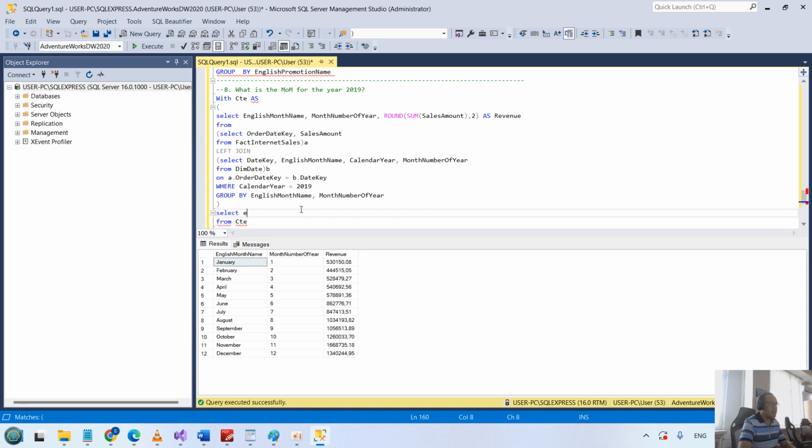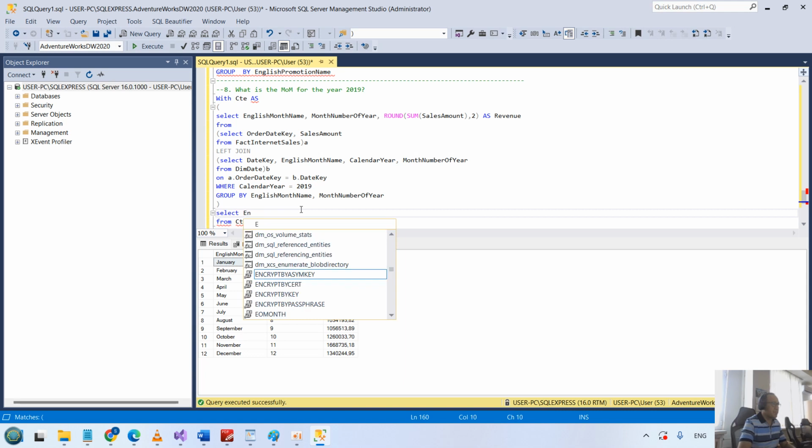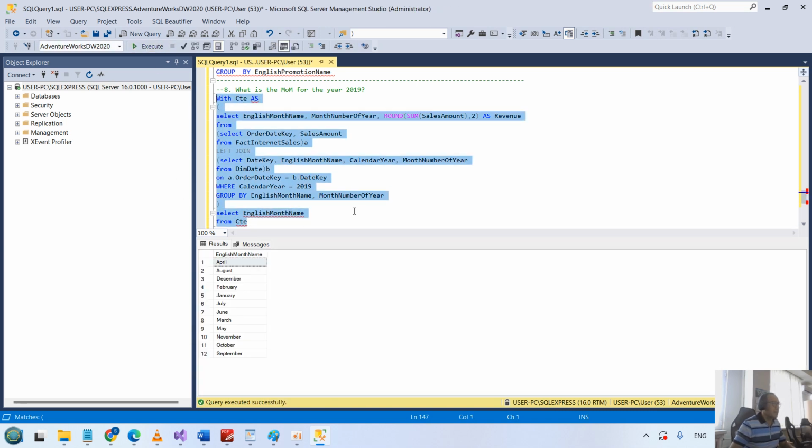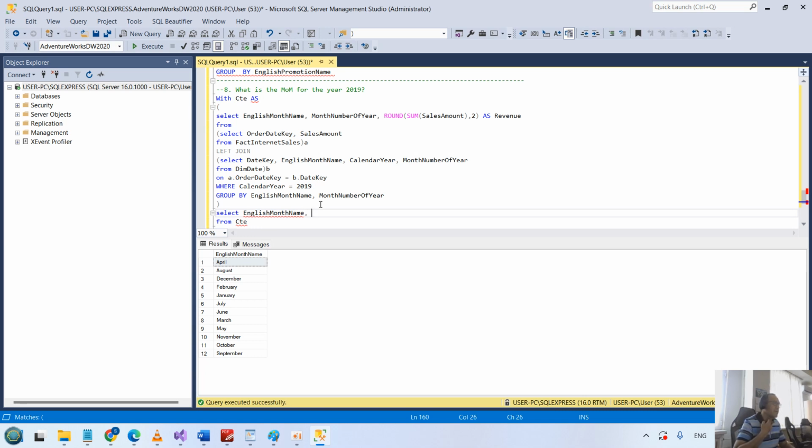Now I got the English month name. What is going on from here? Just paste it. Let me see that again. Yeah, okay, English month name. And we got the revenue. And then we say, like, months over months, to do this we use revenue,